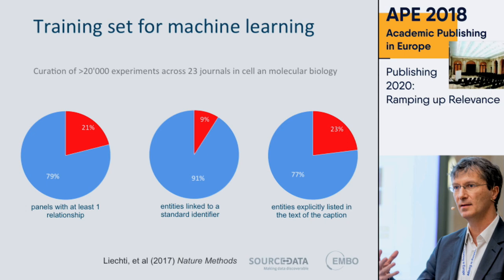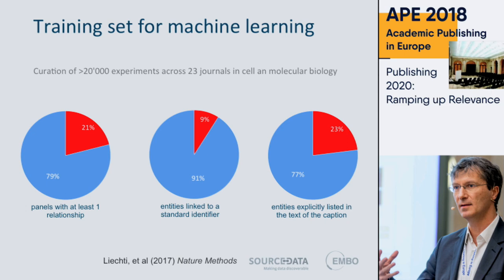And the good news is that most of the figures that we have been processing in the field of cell and molecular biology were amenable to this very simple representation, and we could capture these causal relationships and the entities. Now, of course, this is a lot of manual work. We can do that in a stable way, but it is fairly costly. So we want to reduce cost and increase the scale by automation.